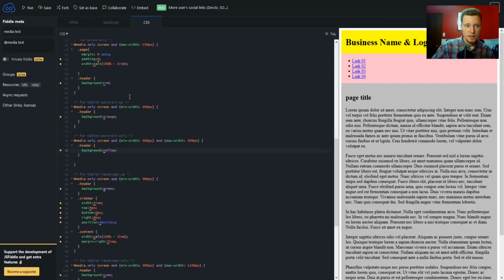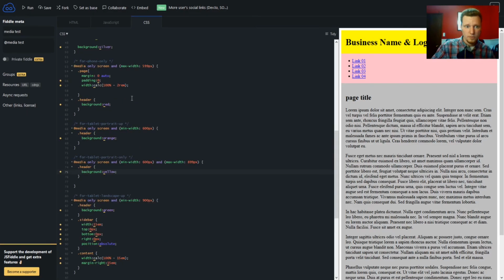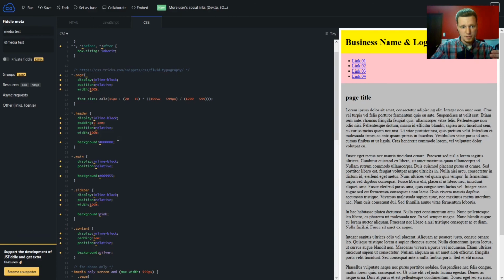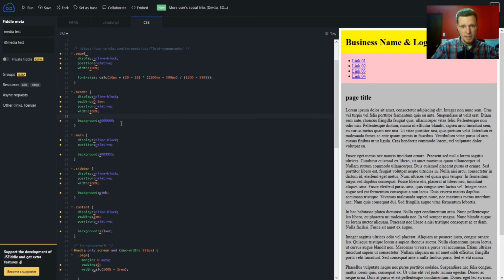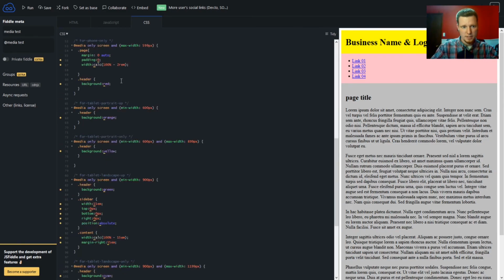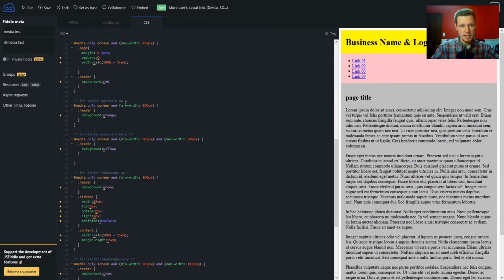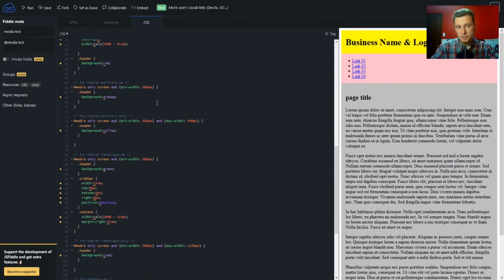So we'll go all the way back up to the header. What the CSS does is it reads all of them and it executes all of them as they happen. So first the header background gets made black, and then it comes down to this first media query and says, are you this size? If yes, now color is red. And then now I'm in a different size. So then we come to this next size and it says, are you this size? Min width of 600 pixels. Well, yes, I am, because I am